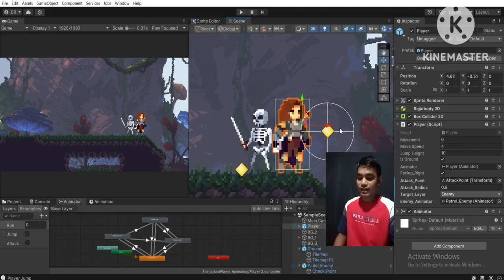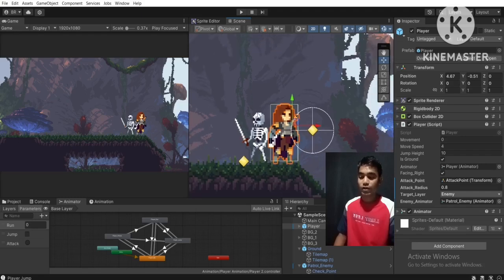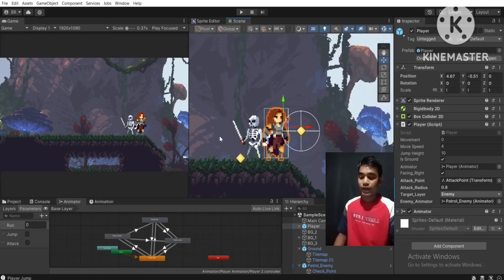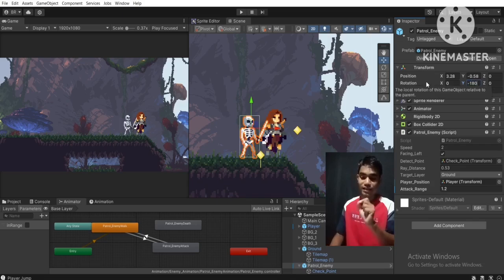So we are checking if the enemy is looking to the left direction. As you can see, it will look to the left direction. What we need to do is flip this petrol enemy game object. Basically we need to go over to this rotation and set it to minus 180. As you can see, if we set this to minus 180, it will look towards the direction the player game